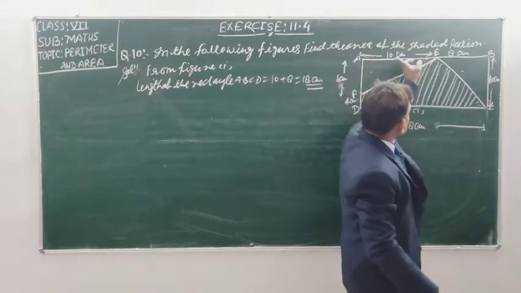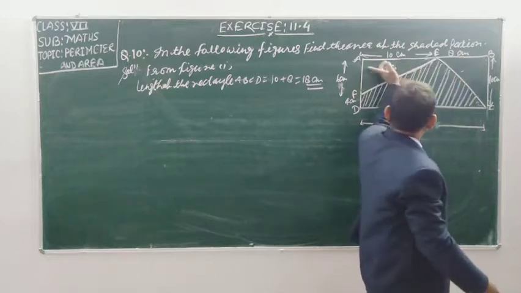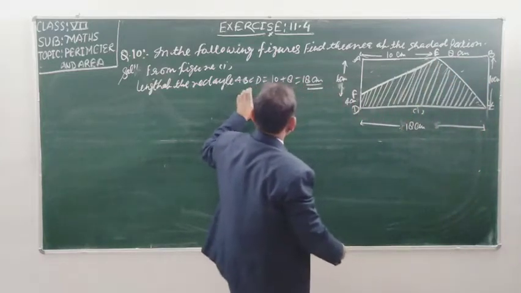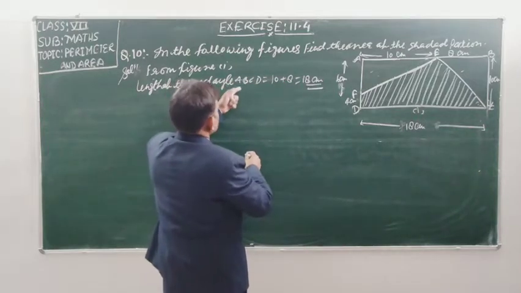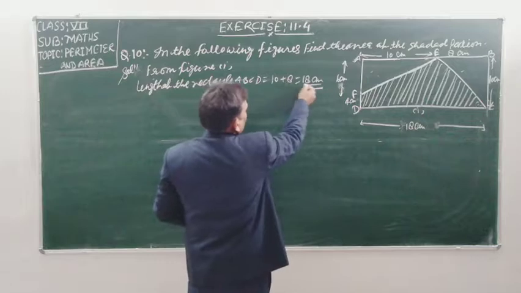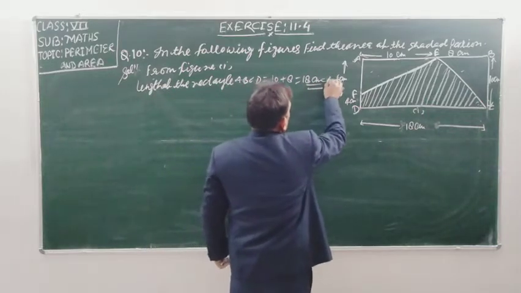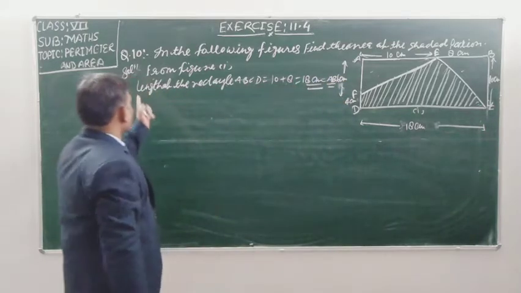Distance AE is 10 centimeter and distance EB is 8 centimeter, and AB is the length of the rectangle. So the length is 18 centimeter, equal to AB, and the breadth